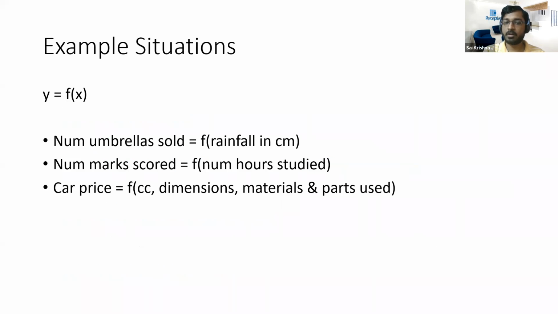Okay. So what do I mean by statistically significant? Only if that predictor variable or independent variable has a real impact on your target, only then will the adjusted R square increase. So for example, we model just using the CC alone, we get an adjusted R square of 0.65. Okay. Then we model using the dimensions. The adjusted R square will increase only if the dimensions have a real impact on the price of that car. Otherwise, it won't increase. Okay.